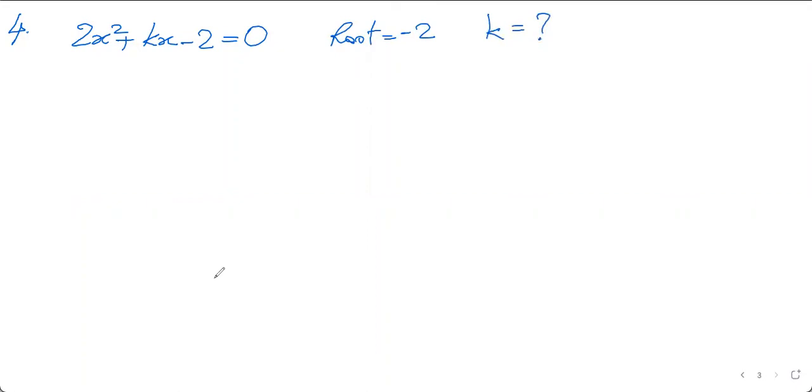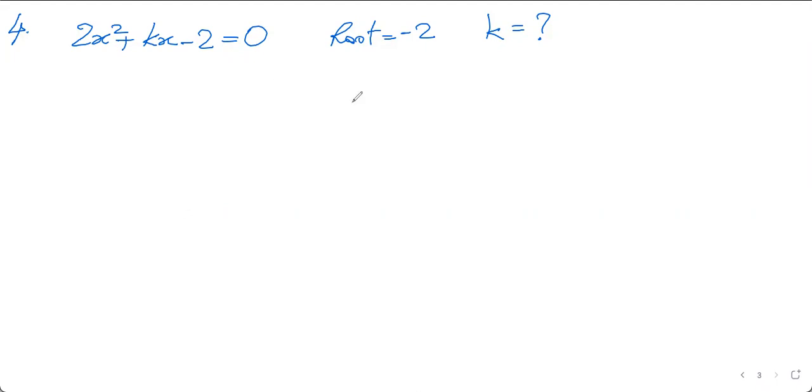This is also not a new question, because if you look at page number 53, problem set 2, question number 1, part 3, there is something related to this. If you look at question number 1, part 8, it says one of the roots of the equation x square plus mx minus 5 equals to 0 is 2. Find m. There we had to find m, here we have to find k. So if you have done question number 1, part 8, you should be able to do question number 4 of the problem set.